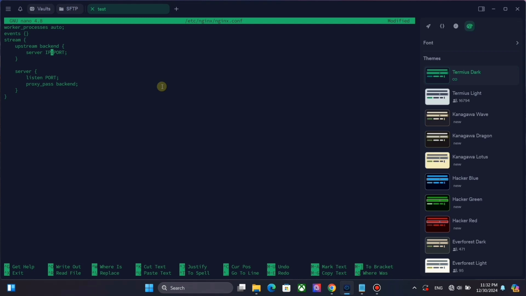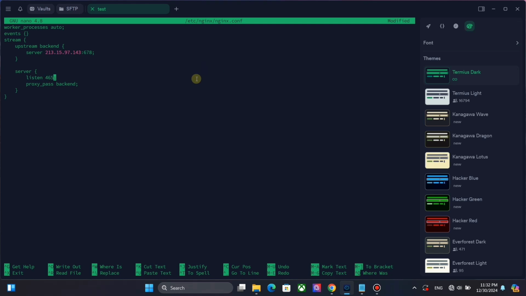Here you need to type where traffic needs to forward. For IP, you need to type public IP address of your destination. For local connection, type localhost or 127.0.0.1. Next you need to type port number as port. This is port number of destination. This is port number for listening incoming TCP traffic.